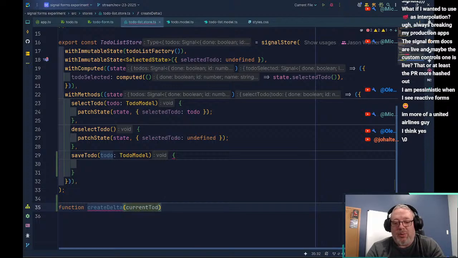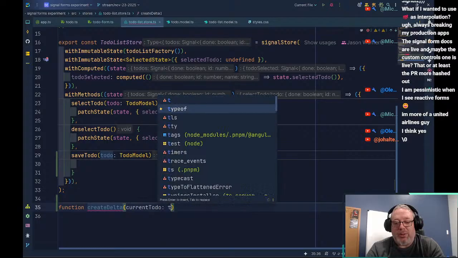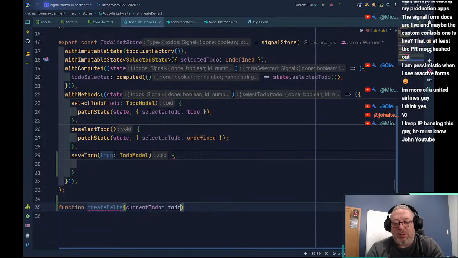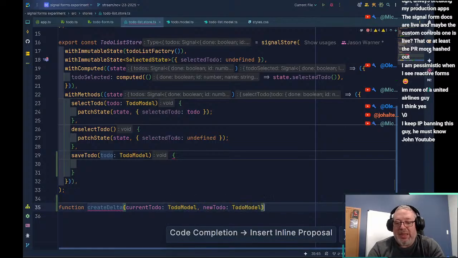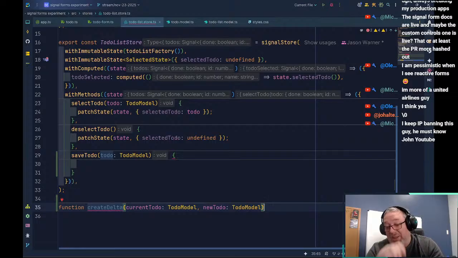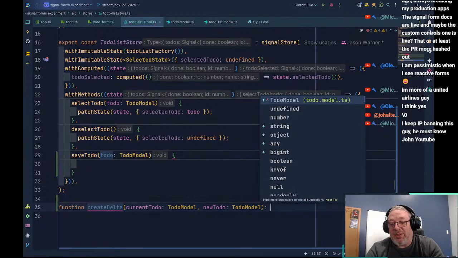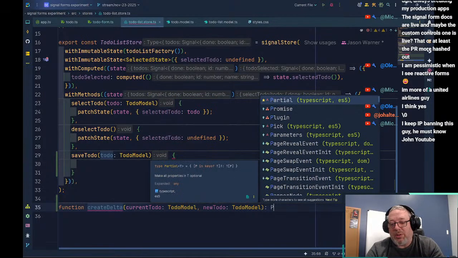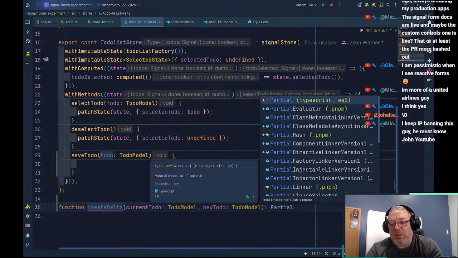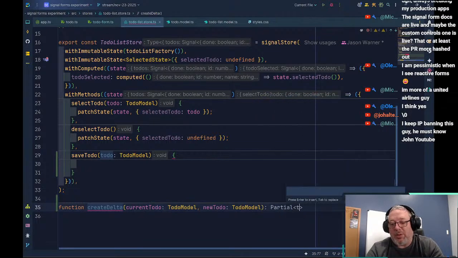current to do, which is a to do model. And it will take in new to do, which is a to do model, and it will return a delta, which will be a partial of to do model.